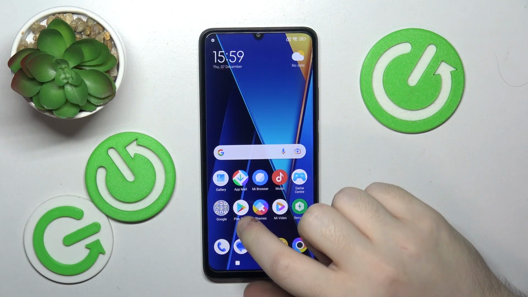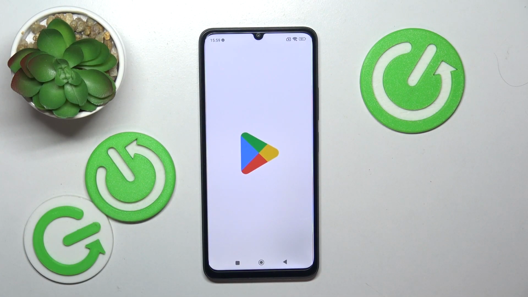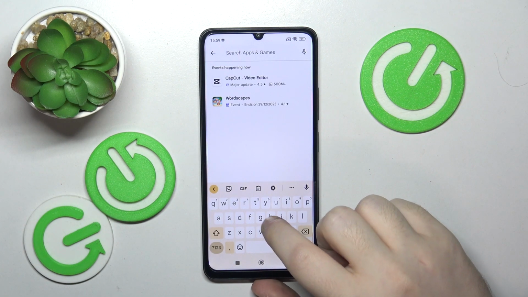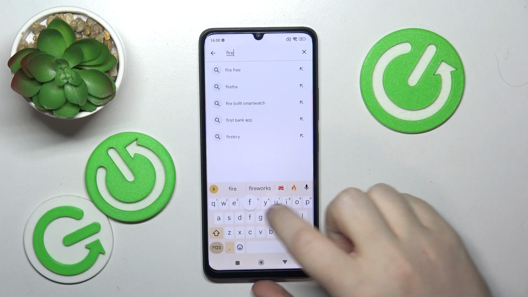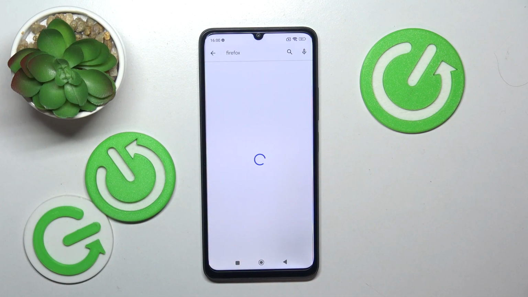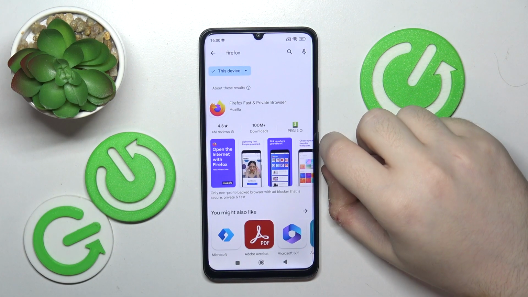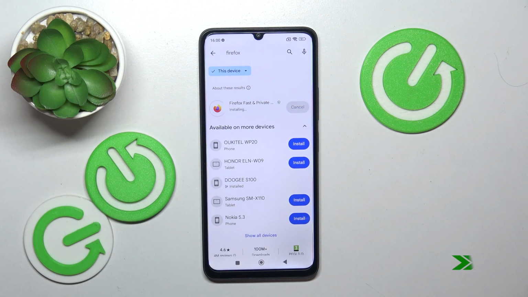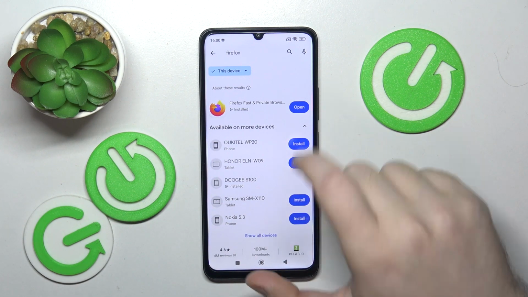So you have to start with opening your Google Play Store and then click on the search bar and type in Firefox and click search, and now click install. Now you can click open,